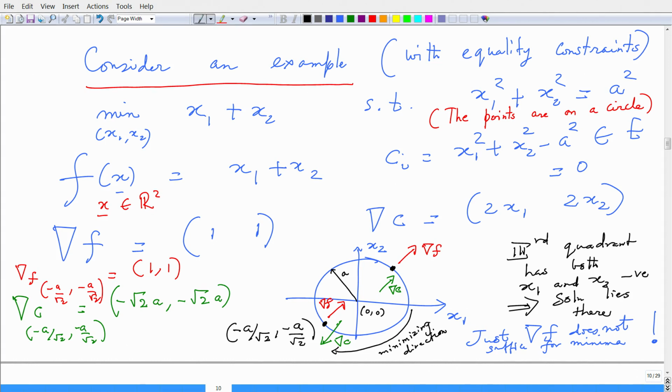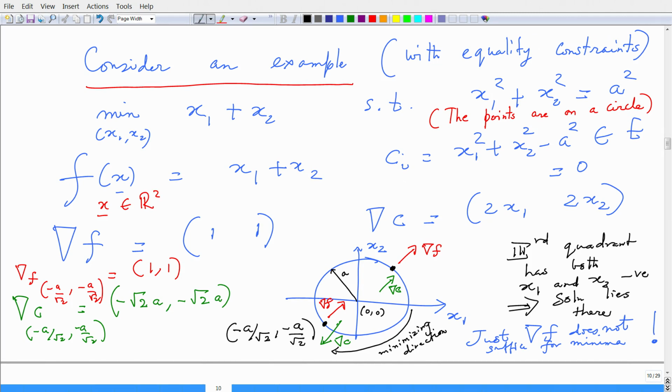Now, if you compute f of x equals x1 plus x2 over different quadrants, you can get a feel for this problem. In the first quadrant x1 and x2 are positive. When they are positive, f of x takes strictly positive values. When I am in the third quadrant, x1 and x2 both take negative values. So, the sum is going to be negative,